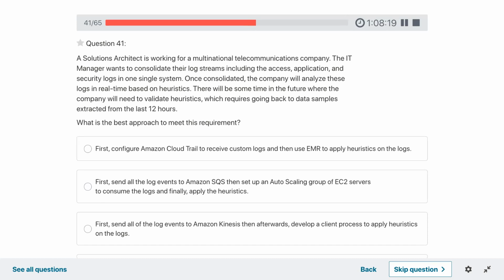There will be some time in the future where the company will need to validate heuristics, which requires going back to data samples extracted from the last 12 months. What is the best approach to meet the requirement?